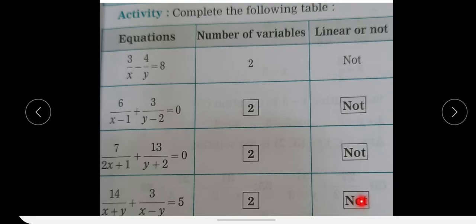Now, how do we solve these equations and how do we convert them into linear equations? We can create new variables for these denominators, making a proper change in the given variables. Then, substituting the new variables in these equations, we can get linear equations, or we can convert them into linear form. Observe the example.